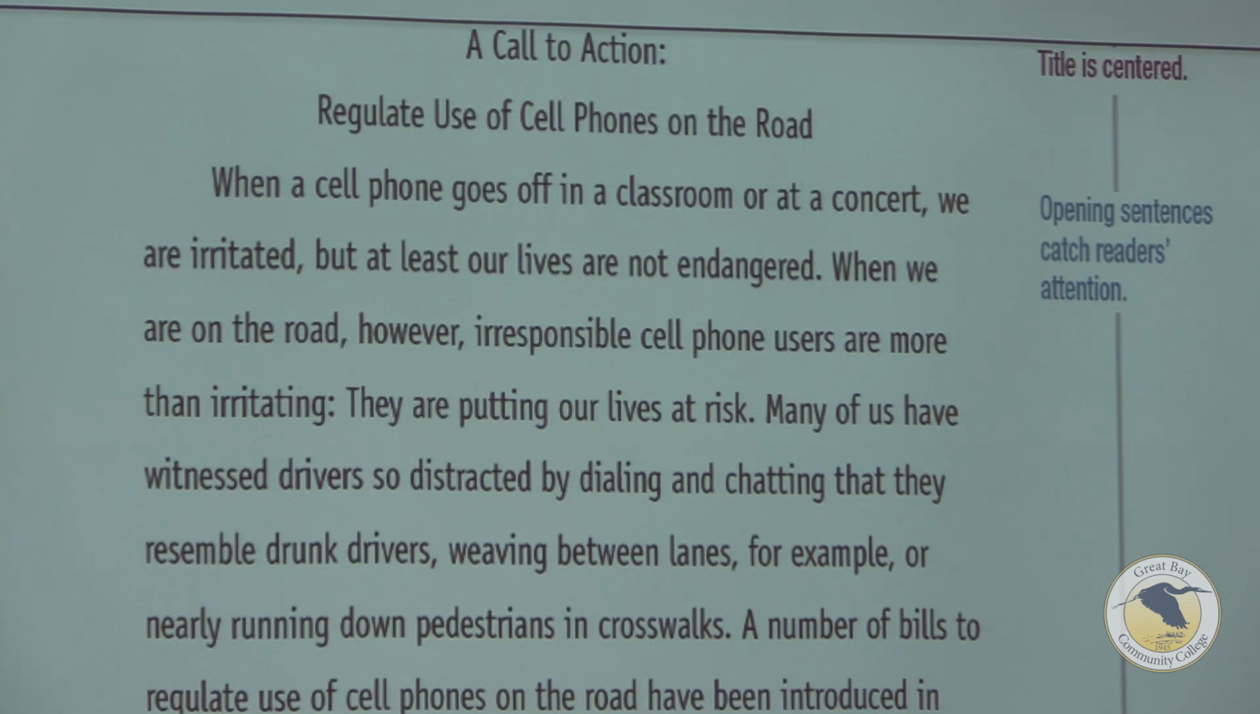"When we are on the road, however, irresponsible cell phone users are more than irritating. They're putting our lives at risk." So here's this declarative sentence. "Many of us have witnessed drivers so distracted by dialing and chatting that they resemble drunk drivers, weaving between lanes, for examples, or nearly running down pedestrians in crosswalks. A number of bills to regulate use of cell phones on the road have been introduced in state legislators, and the time has come to push for their passage. Regulation is needed because drivers using phones are seriously impaired and because laws on negligent and reckless driving are not